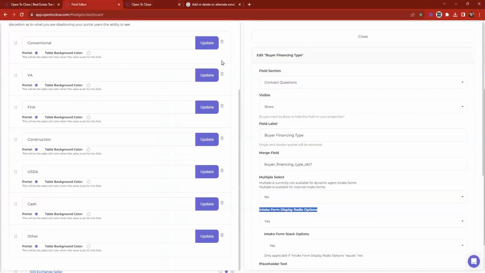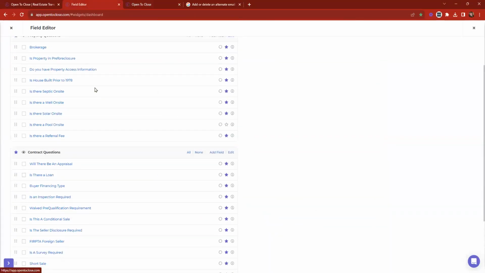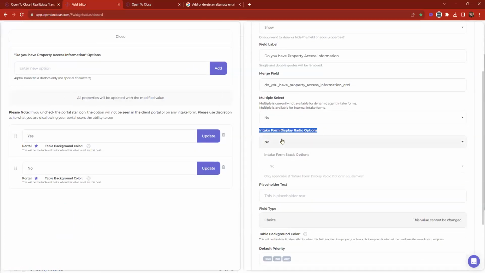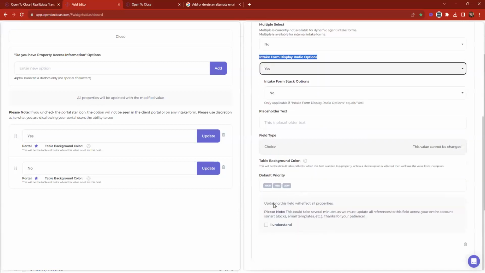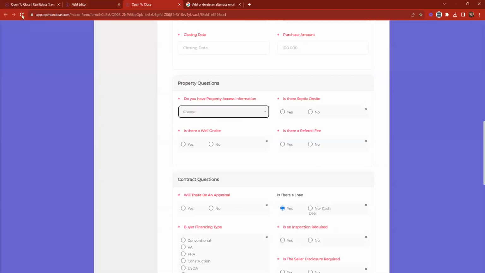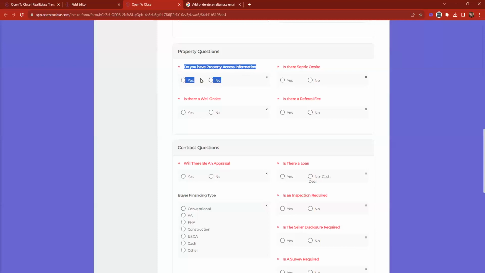So heading back into the field editor, if we head back over to that, do you have property access information? Here's that question right here. What I want you guys to take notice is that right now it says no, do not display radio button options. If I change this to yes, and I say I understand, and I say update, when we refresh this intake form and we scroll down to where that option is, now we can see that it has these radio